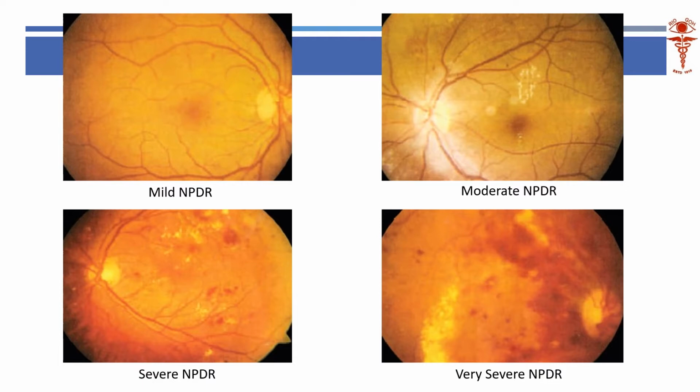Then we might see the patient with mild diabetic retinopathy, 1 or 2 microaneurysms, or we can see him with 1 or 2 quadrants affected. So this is the supranasal quadrant. This is supratemporal quadrant. Both are affected, so it becomes moderate retinopathy. Or we might see all 4 quadrants being affected with these kinds of dot and blot hemorrhages, cottonwool spots, hard exudates. All these are seen here.